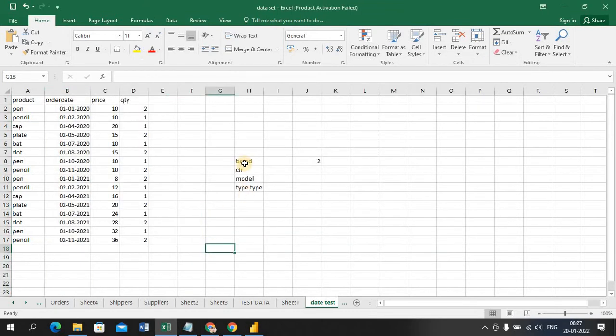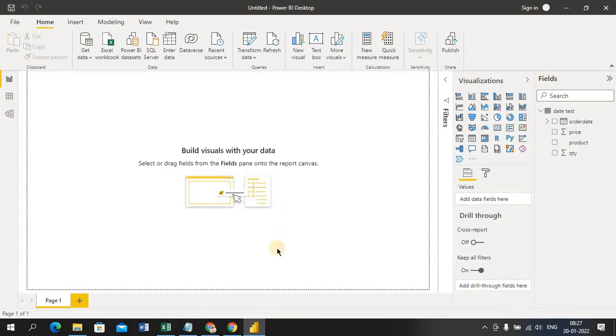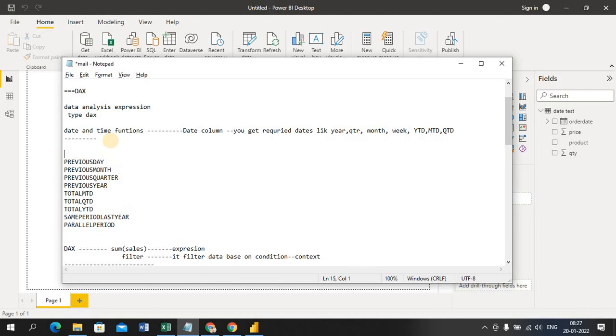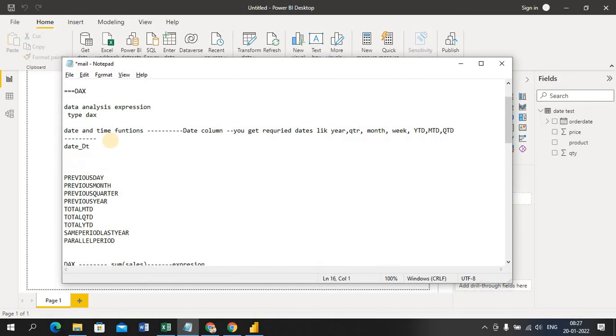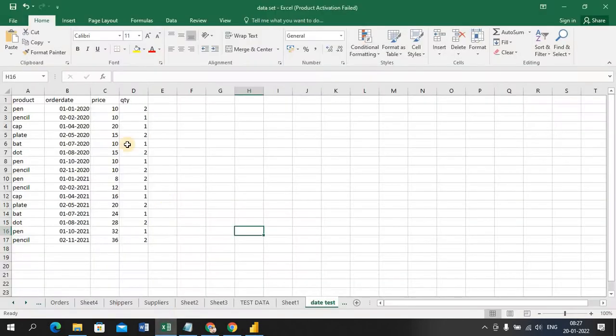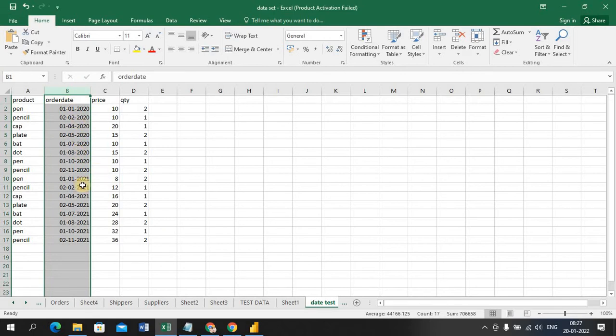In real time scenarios, the things you're going to use are time intelligence. In real time you get one date field, like this date, and you get some order date, order id, something like this.